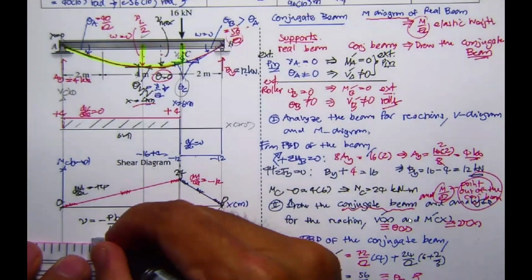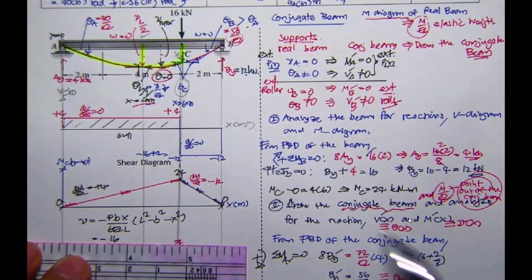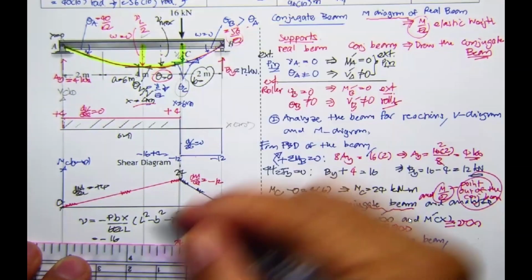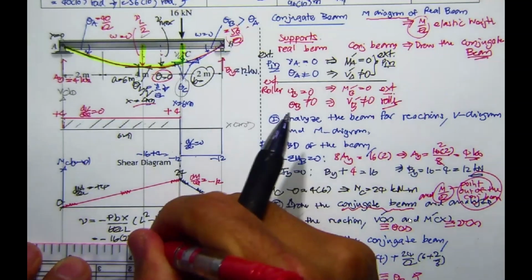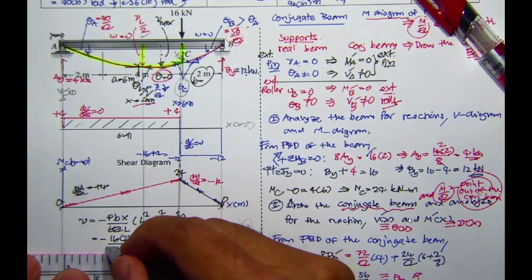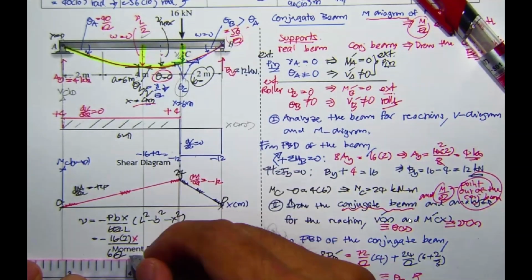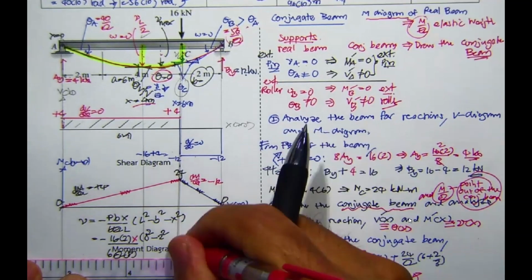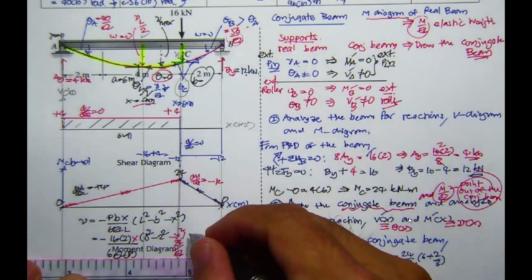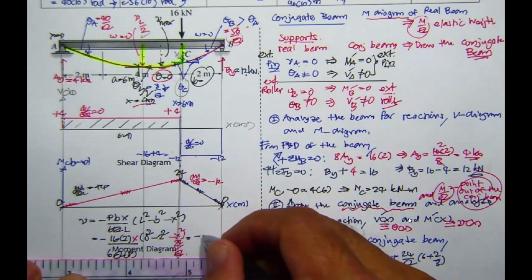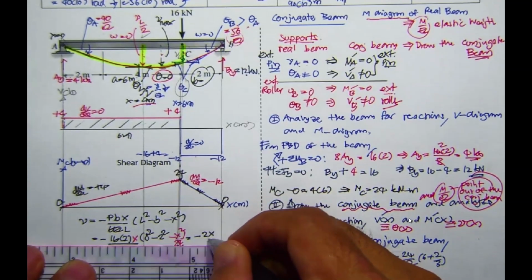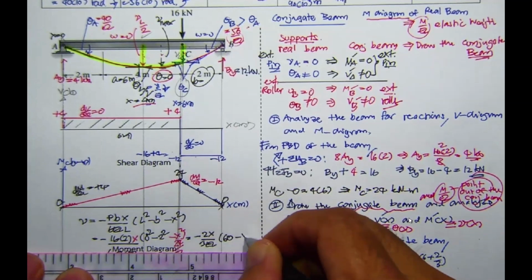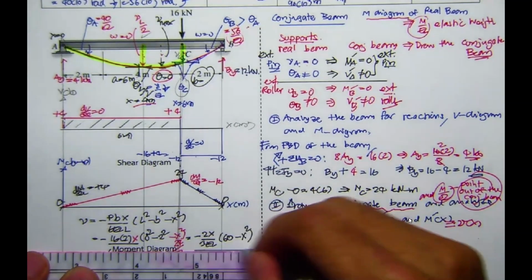Now, take P to be minus 16. This is going to be a, a is going to be 6 meters, b is going to be 2 meters, times 2, and then x, divided by 6EI, and then L is going to be 8. In this one, 8 squared minus 2 squared minus x squared. If you put it in, you will get this to be minus 2x over 3EI, and over here going to be 60 minus x squared,